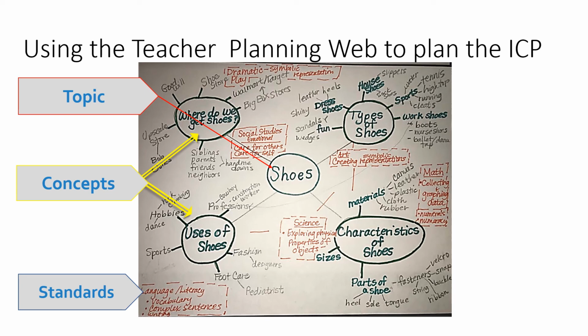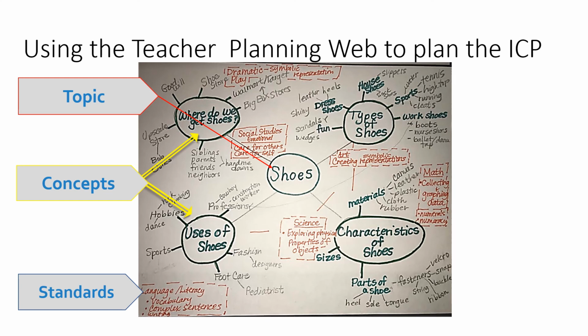So once you think about all of that, you can start to map these things out. I've been doing this for a long time, and there are lots and lots of ways to approach creating a concept map or concept web about the topic that you're playing with. We're playing around with the topic shoes right now, and there are some tried and true categories for the concepts of the topic. And I've pointed to two of those on this slide with the yellow arrows.